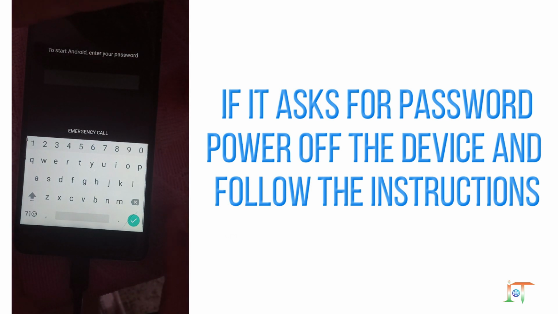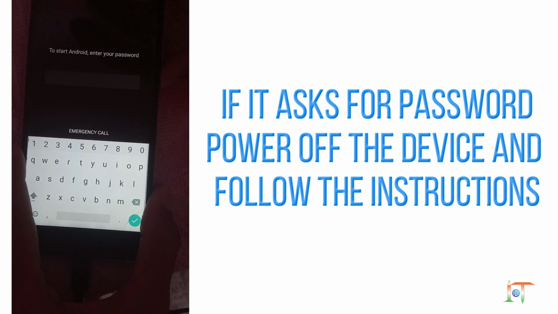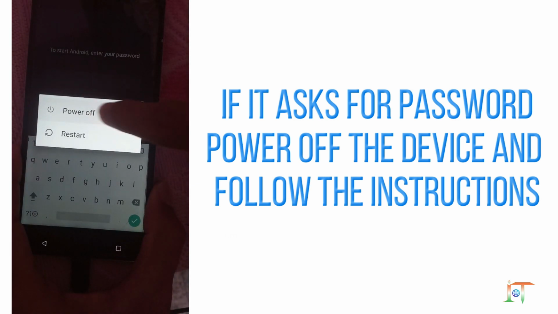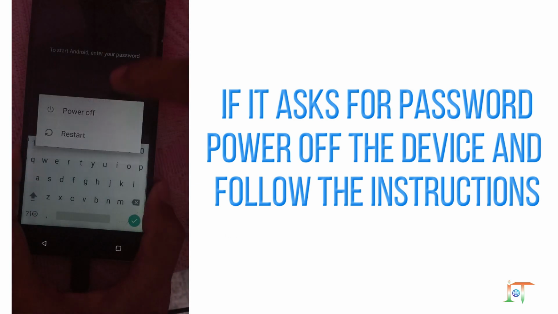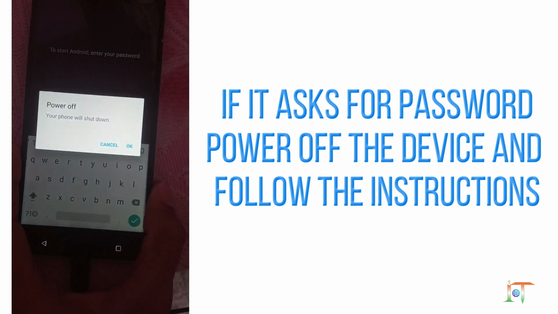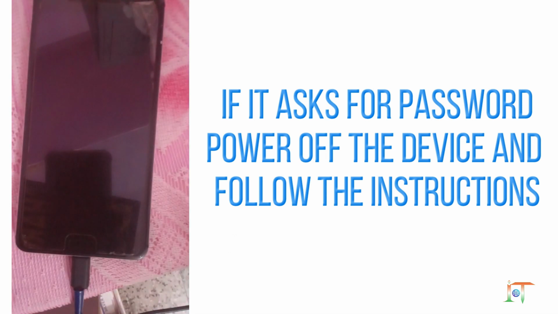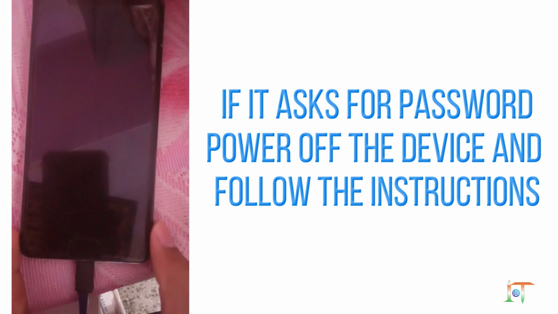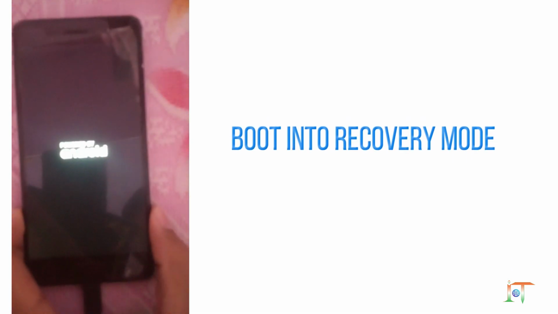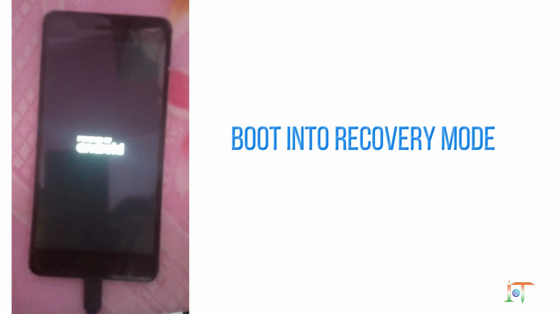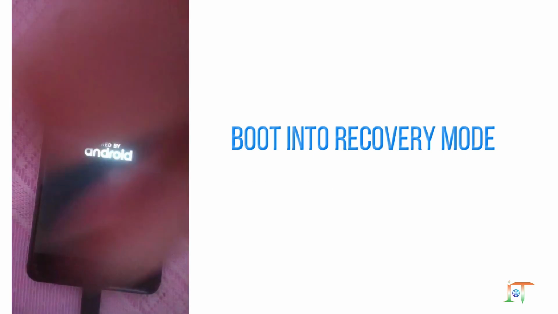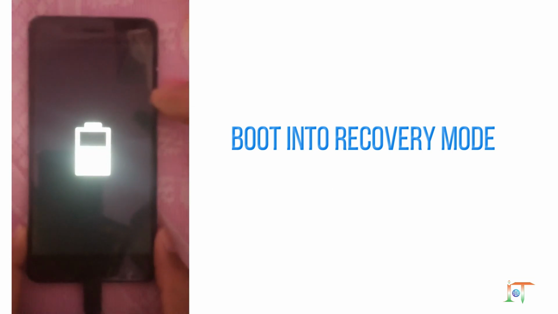So as we have downgraded from Android 9 to Android 5, it has encrypted the data, so to power up the device we need to do a factory reset. To do the factory reset, we need to go again to the recovery menu. So let me go to the recovery menu again. Follow the same procedure. When it shows charging, press and hold the volume up and power button.